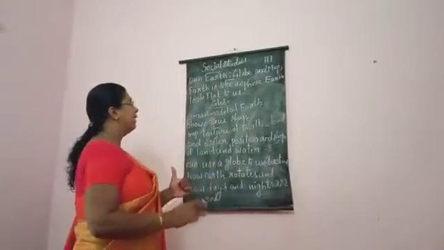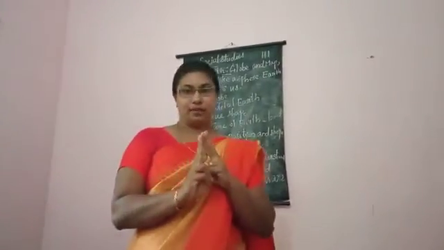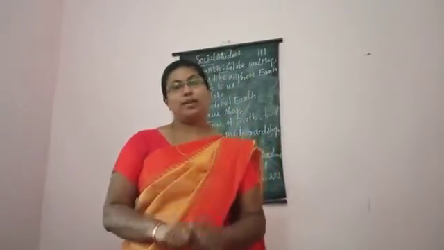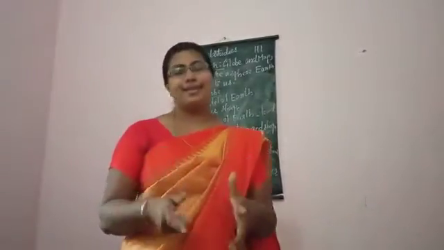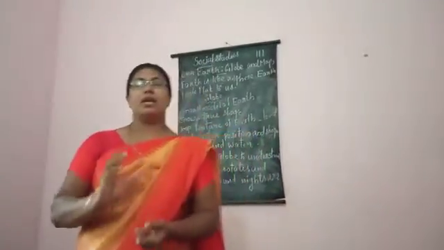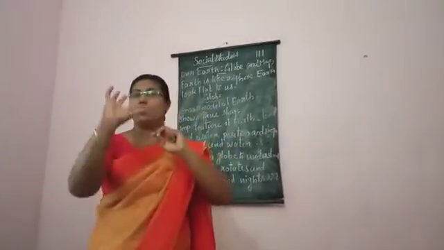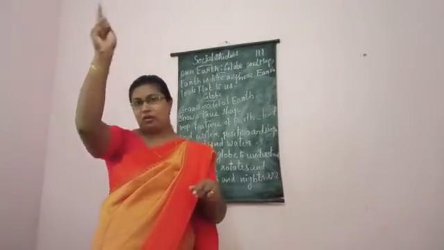Here in this chapter we are going to deal with two different things. One is globe and the second one is map. Globe is globe. What is the shape of the globe? Globe is round, is it? And like a knife and all, one